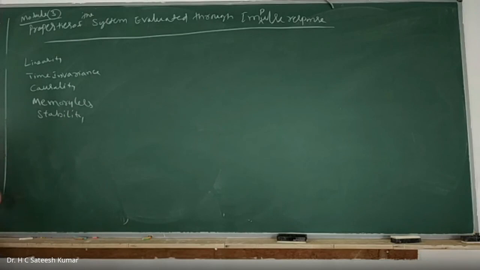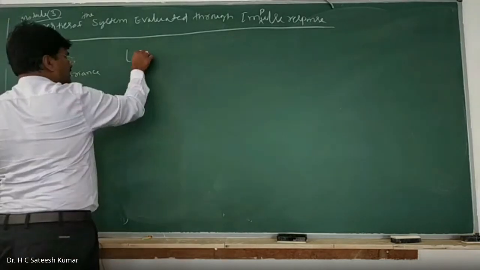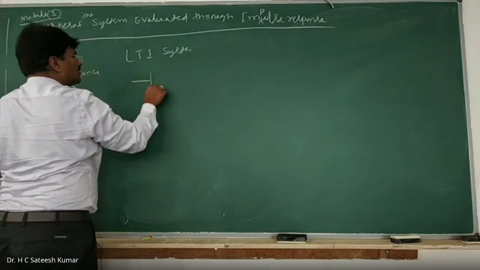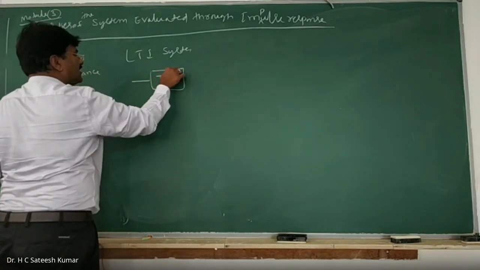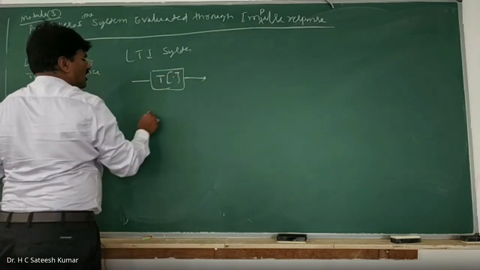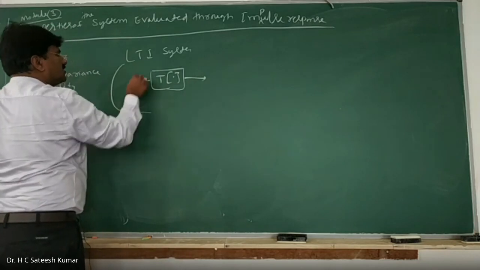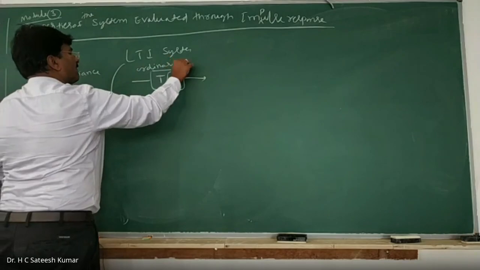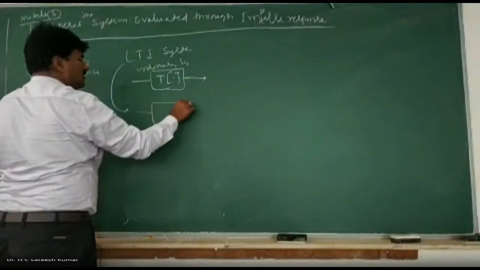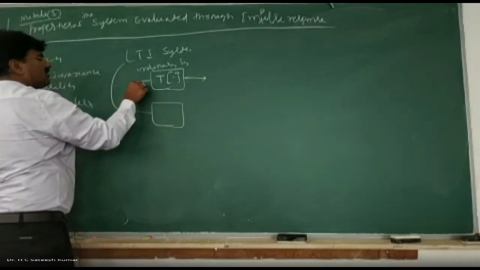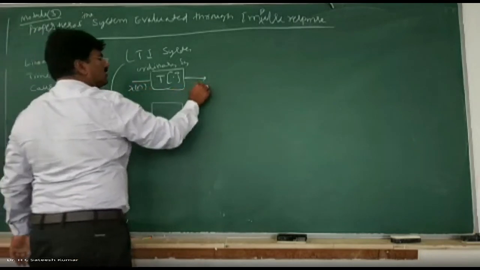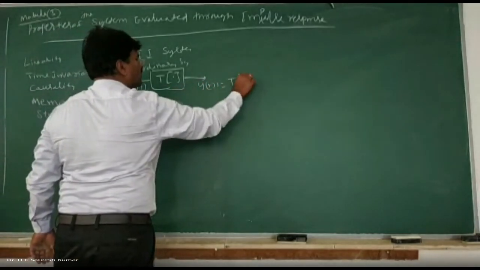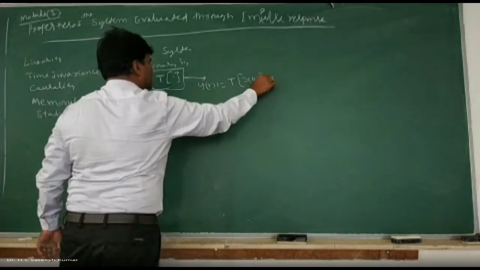Okay. When I say an LTI system, what is an ordinary system? An ordinary system, any system, is represented by T. See, if the input is x of n, the output y of n is equal to the transformation T of x of n, or x of t, as we said in the first module.